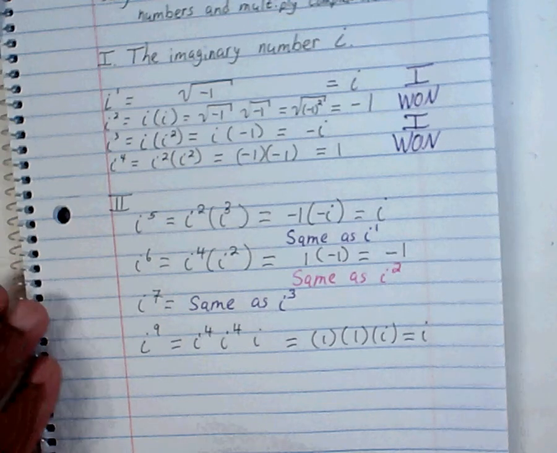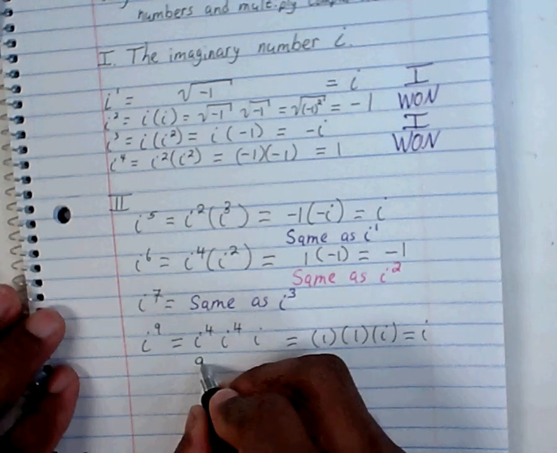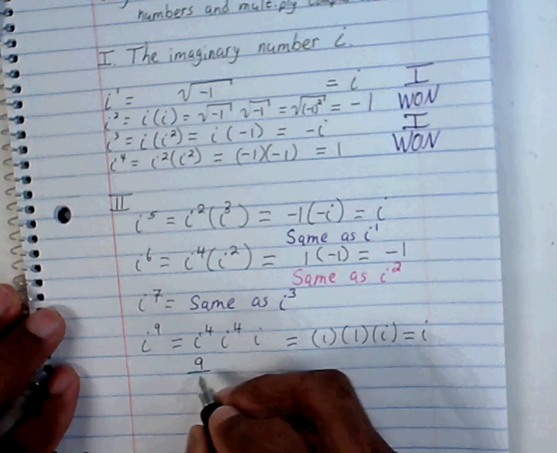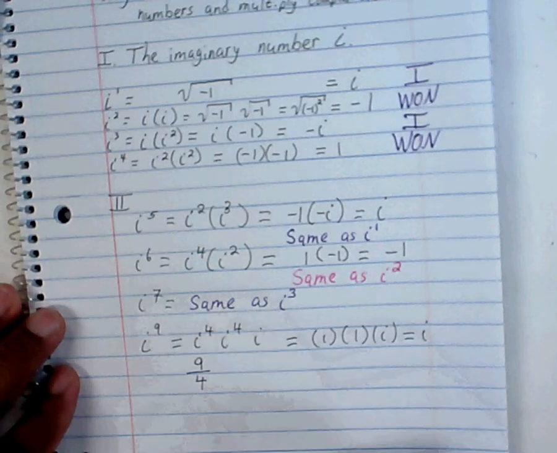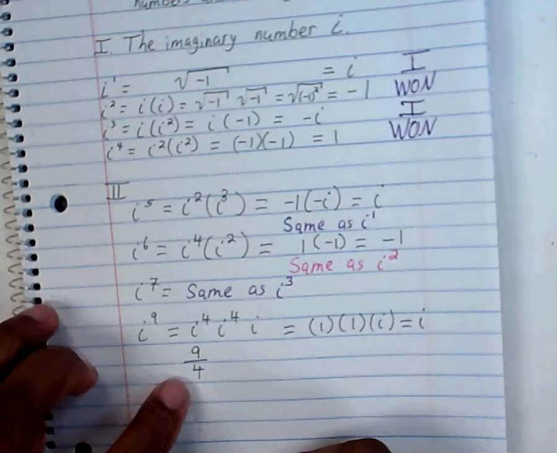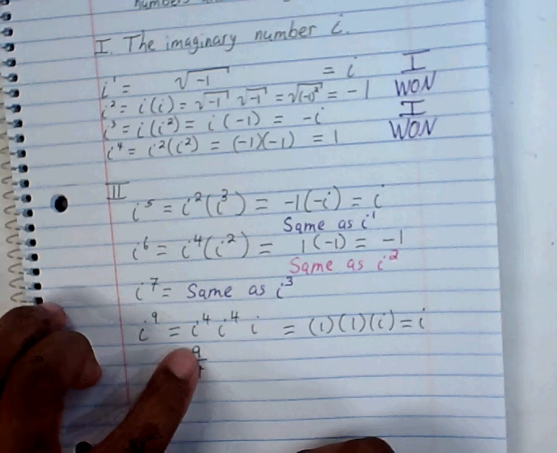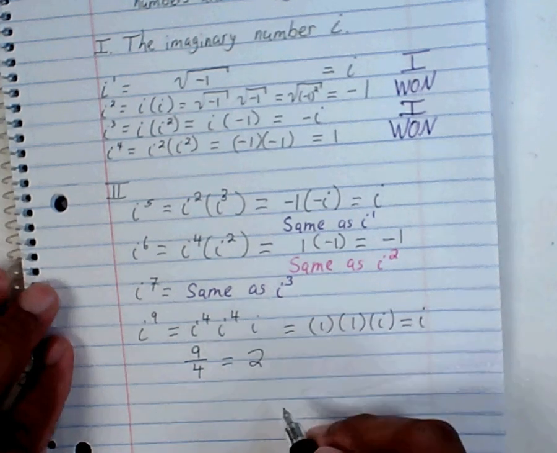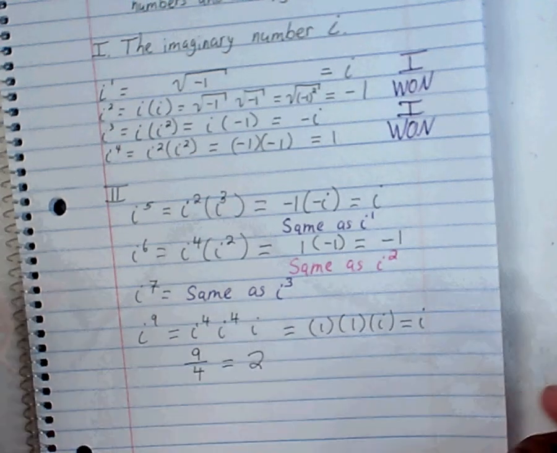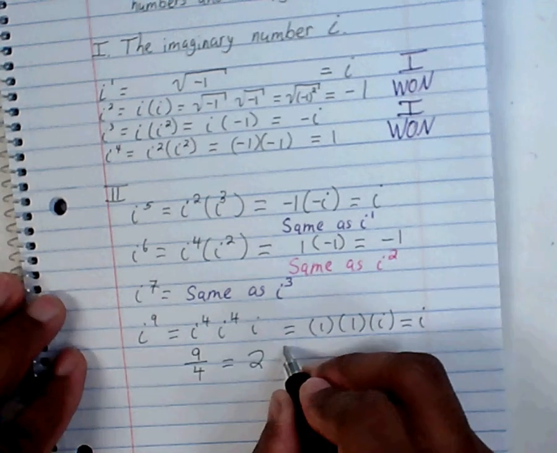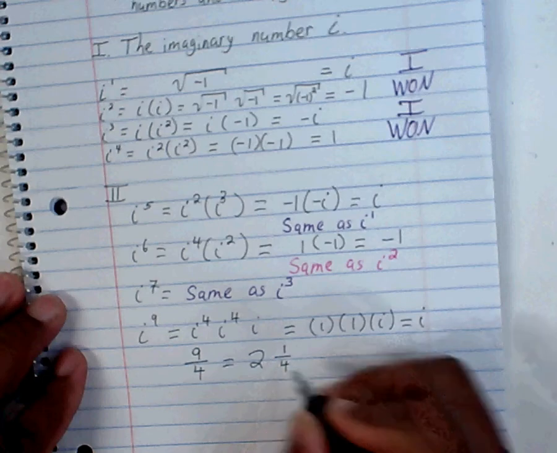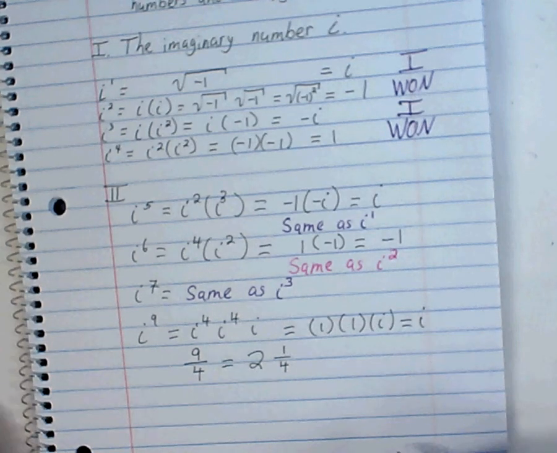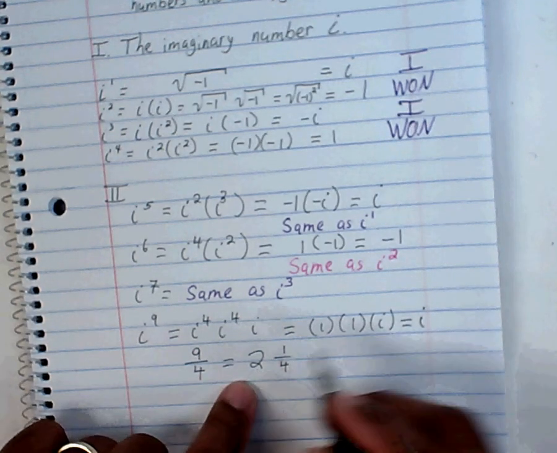The other approach is to take your exponent and divide it, because we're looking for how many times I can actually go and take 4 and go into, in this case, 9. And here I get 2, which you can see we got i to the fourth, i to the fourth, we got twice, and then we still have 1 left over out of the 4. And so that would require us to go through the pattern twice,